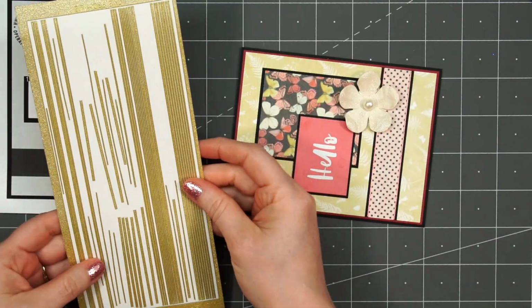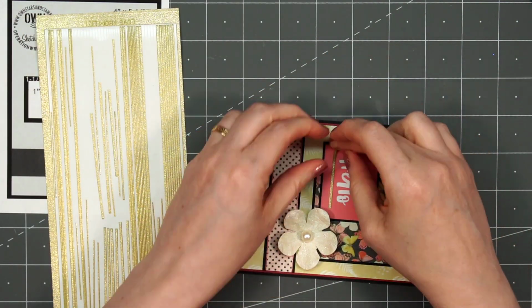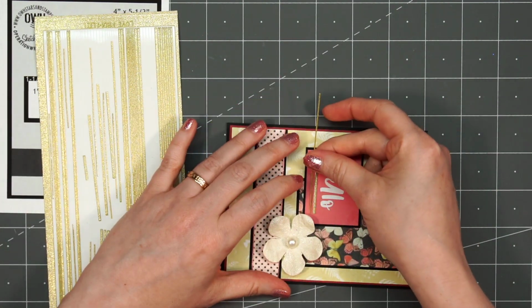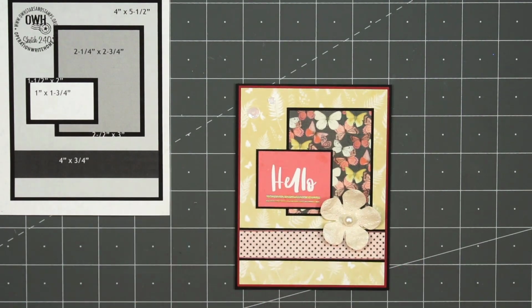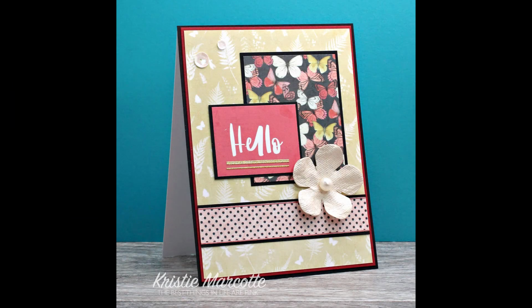Then one final finishing touch, I decided to add a couple of peel-offs underneath the word hello. This is the gold moon dust color, and it's one of the add-on peel-offs that are in the little bundles. I'll just put 2 of them underneath the sentiment. And there is my finished card, and this is card number 2. And it's hard to tell in the video, but those flowers also have this pretty iridescent finish on them, so